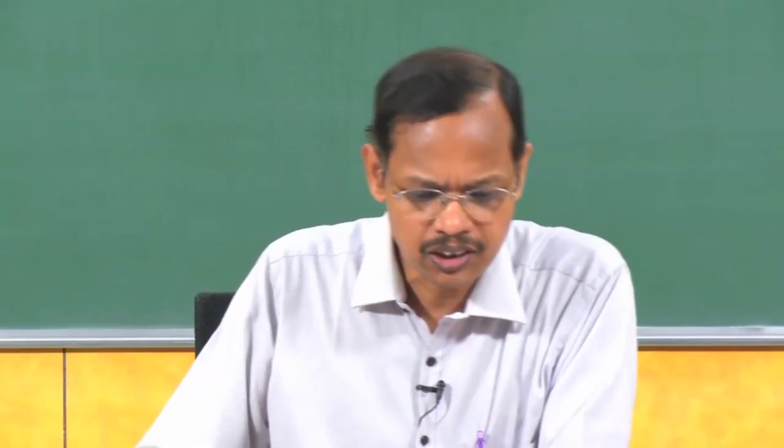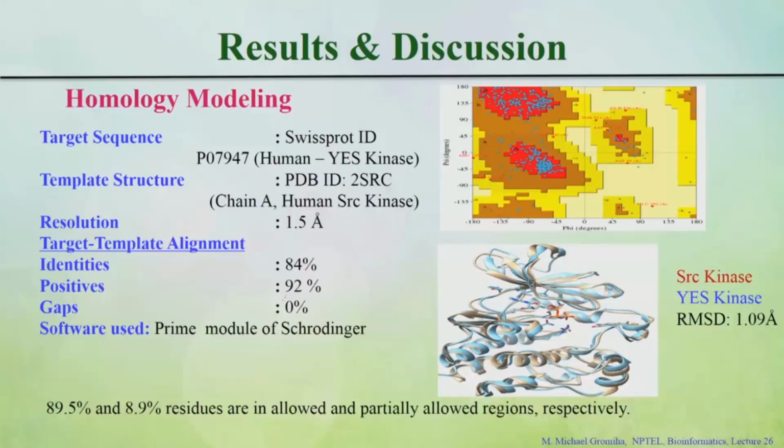On the protein side, as we discussed earlier, the sequence identity is very high: identity is 84% and positives are 92%. In this case you can do homology modeling. You can see the homology modeling here. This one is SRC kinase and the blue one is the CS kinase, and the RMSD is 1.09